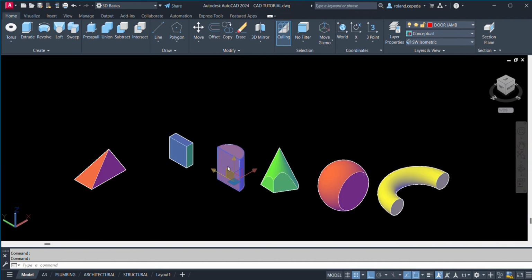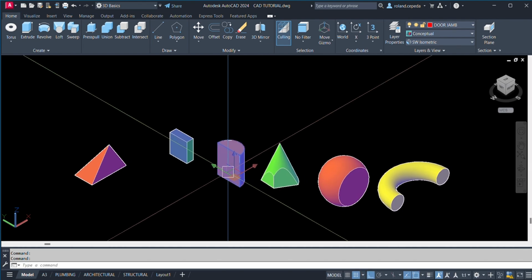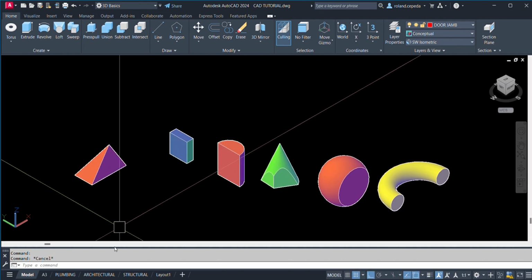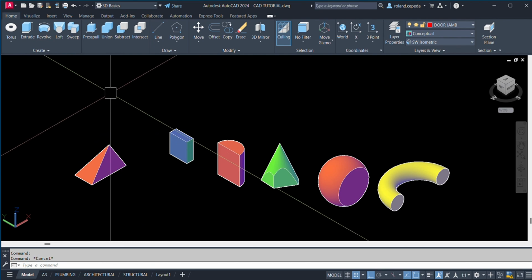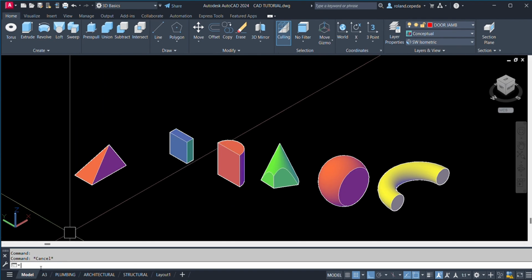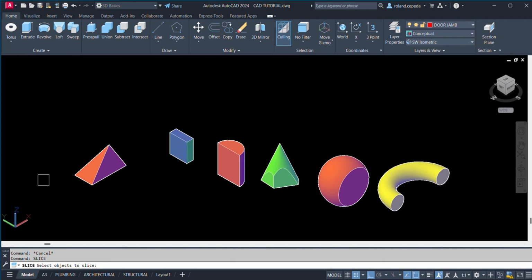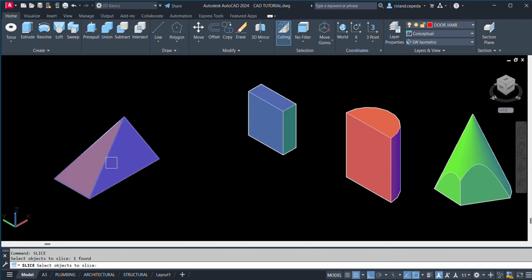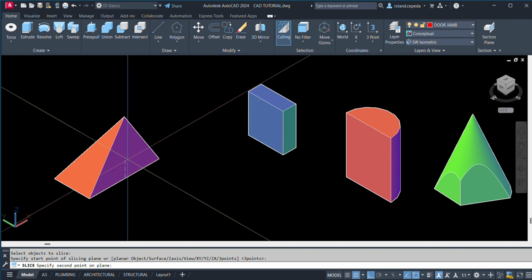If you want to slice an object, just select the slice command in the edit group of commands, or just type slice for the shortcut key.